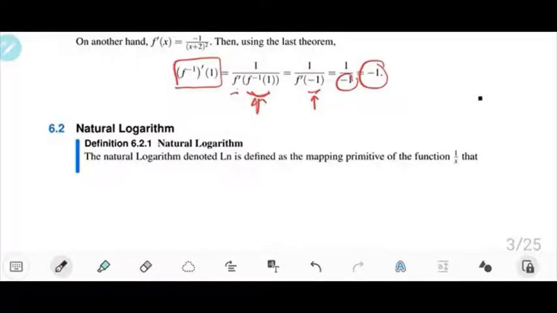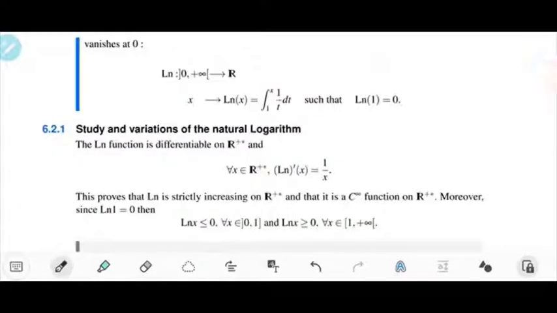We define now the first function in the chapter, which is the natural logarithm. The natural logarithm is the function defined as being the primitive of the function 1 over x such that its value at 1 is equal to 0. So it's the primitive of 1 over x that vanishes at 1, because as you know, if we have